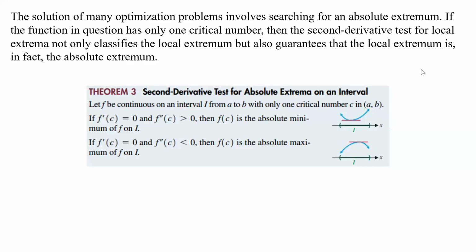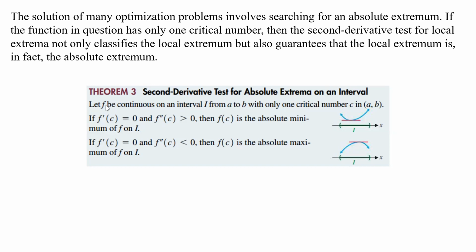All right, so the solution of many optimization problems actually involves searching for an absolute extremum. Now, if the function in question has only one critical number, then the second derivative test for local extrema not only classifies the local extremum, but also guarantees that the local extremum is, in fact, the absolute extremum. All right, so this gives us theorem 3, which says the second derivative test for absolute extrema